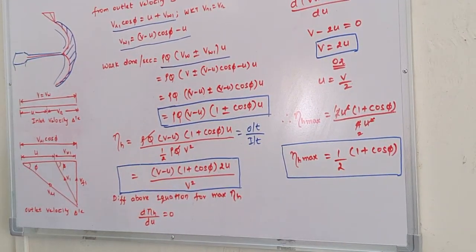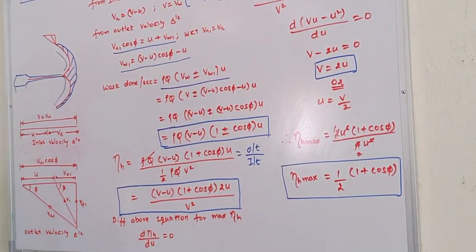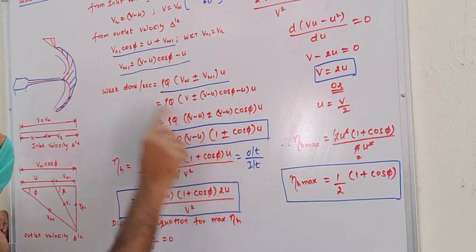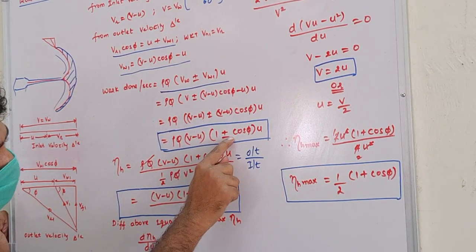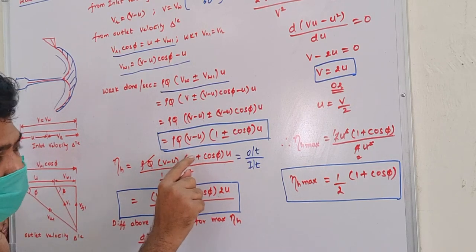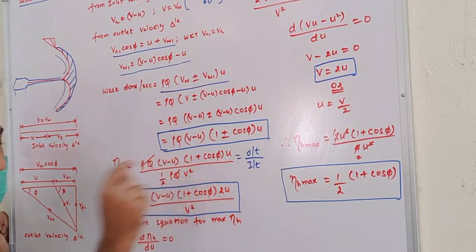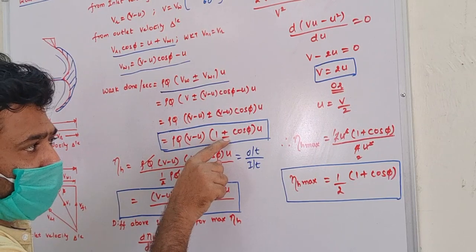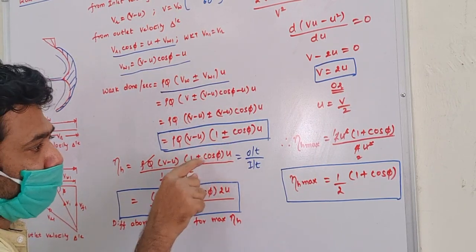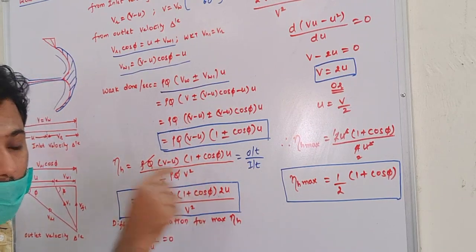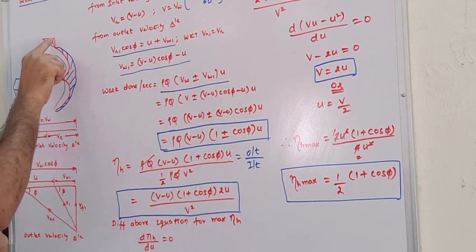Okay, so now once we know the equation for hydraulic efficiency, there is one point that you have to observe here. What I have done is, in work done per second I have written plus or minus, but when it comes to hydraulic efficiency I have eliminated that minus symbol. There is only a plus symbol. So why does only the plus symbol exist? If you want to increase the efficiency of a turbine, you make sure that it doesn't go to a negative value. You should make sure that this remains positive itself. To make sure it remains positive, what we should do is try to curtail the beta angle.